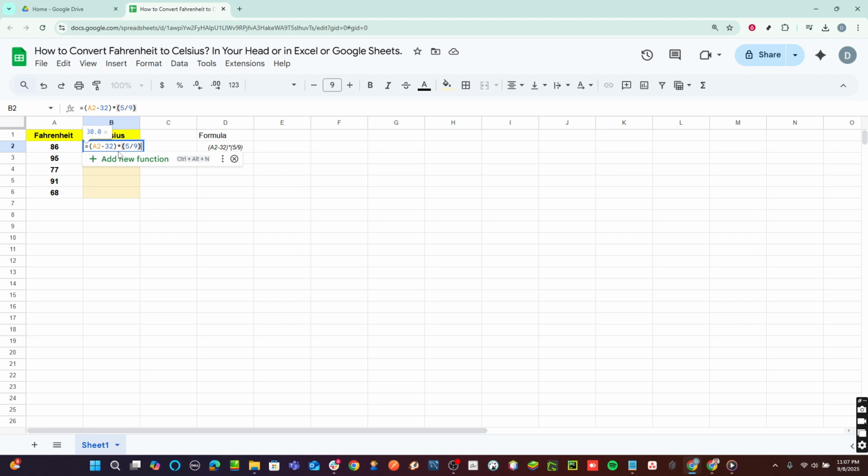First, open a new or existing Google Sheet. If you have a list of Fahrenheit temperatures in column A, we'll focus here on cell A2, where you'd have one of your Fahrenheit temperatures positioned. Next, select cell B2, which will house your Celsius conversion. Here's where the magic happens without any manual math. Type in the formula, =, followed by an open parenthesis, A2 minus 32, close parenthesis, asterisk, open parenthesis, 5/9, close